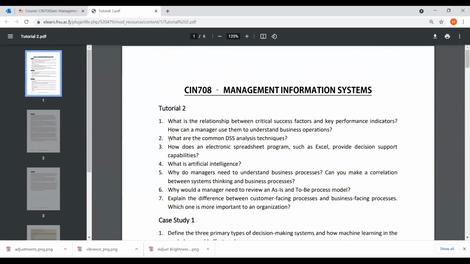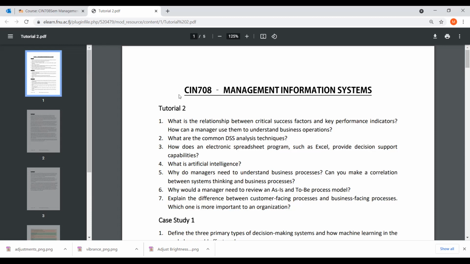Now, CRM 708 Management Information Systems. Now, let me just remind you, this particular unit, CRM 708, is a theory-intensive unit. You'll have lots of theories in here, okay? And what we're looking at is basically different types of information systems, especially management information systems. So you're thinking about ways we can make decisions. We can go around evaluating, analyzing, and assessing things in a business so that the business succeeds.